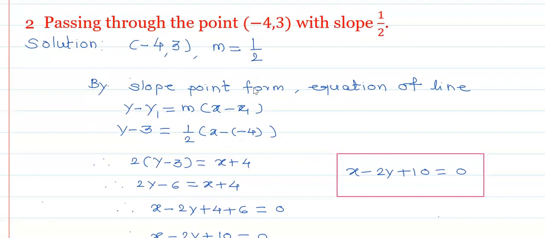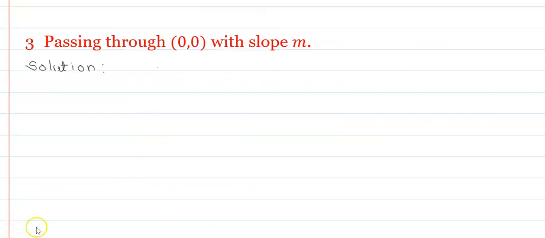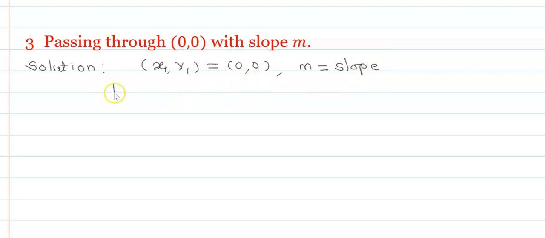Now the next question: the equation of a line passing through (0, 0) with slope m. Now the given line passes through the origin. Therefore the coordinate (x1, y1) is (0, 0), and its slope is m. We know the point and the slope. Therefore, by the slope point form,